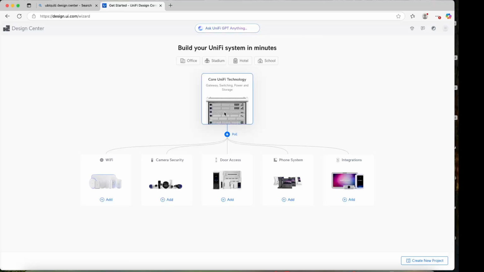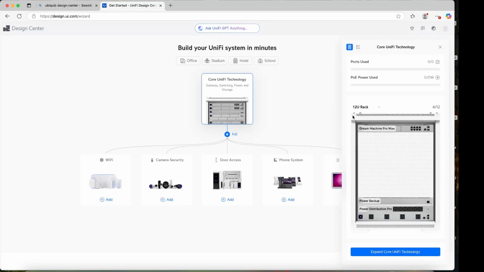So first we can simulate our network rack here. You can see a 12U rack is the standard given here. The UDM Pro Max is already part of this rack, including power backup and power distribution pro, which is amazing because until this point I didn't even know that UniFi has their power distribution pro, and it's great. And I can add a device here. So within this 12U, 4U have already been consumed, and we have about 8U left to add